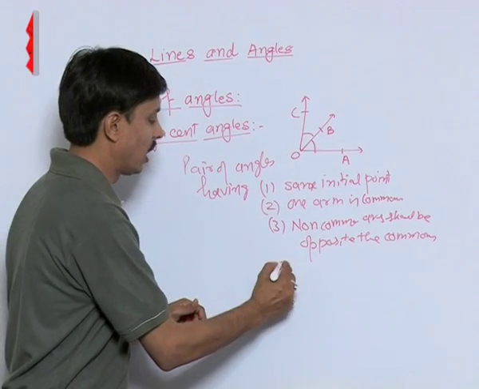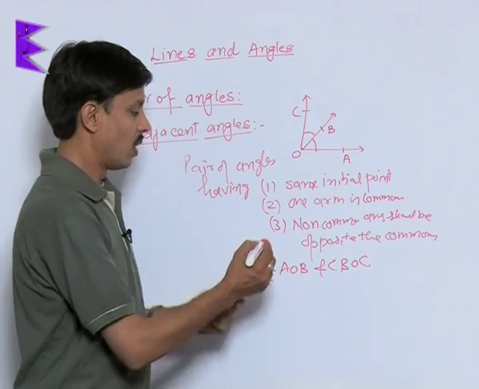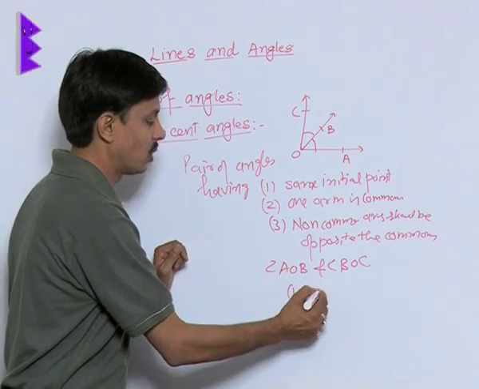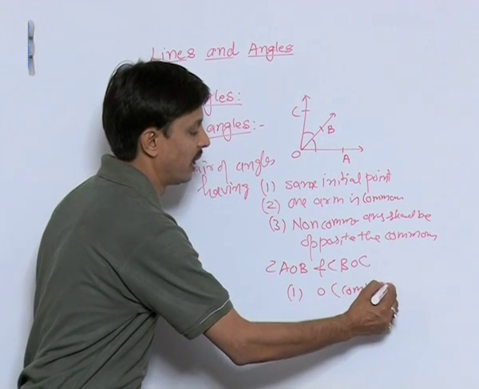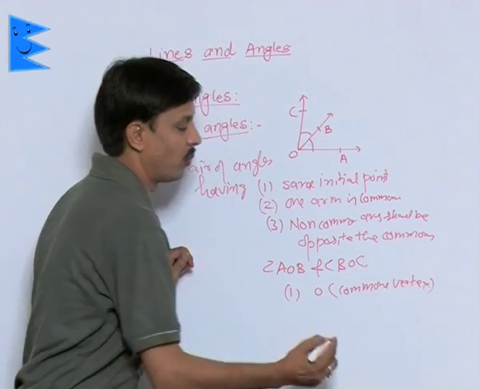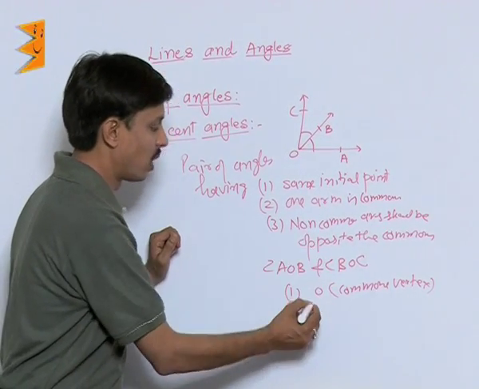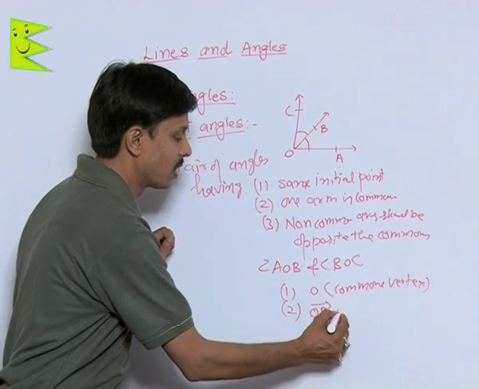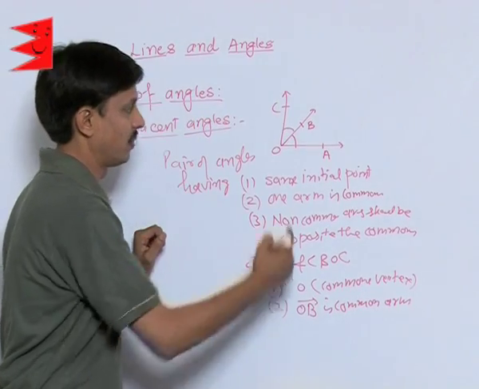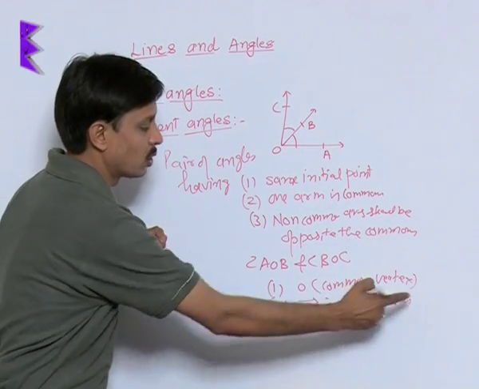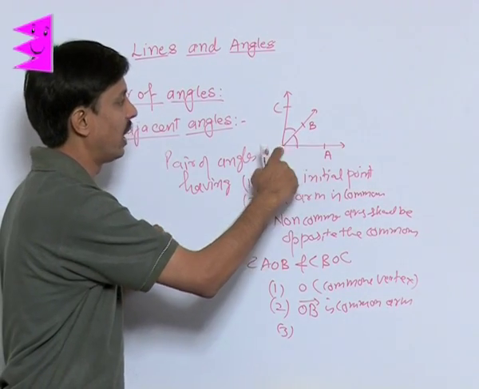How? If I say angle AOB and angle BOC, I can tell you the first condition, O is the common vertex, common initial point. We call the point where two rays meet the vertex. Second thing, one of the arms is common, OB is the common arm. Third, non-common arms in the two angles are OA and OC,